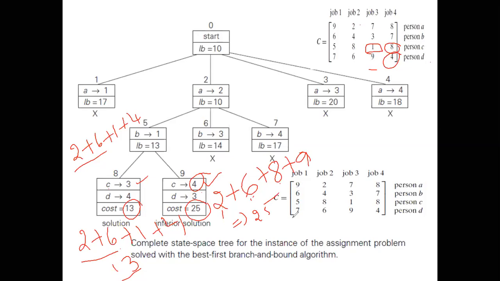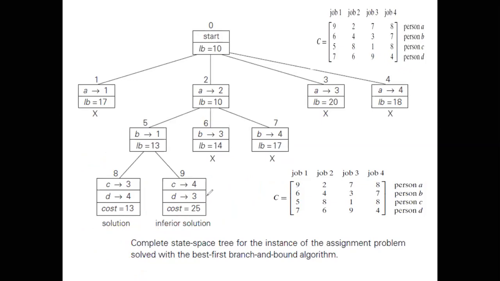Okay, so for 13 and 25, now what you need to do, whether we need to stop over here? No, because we need to get the solution, we need to branch further. Is there any meaning in branching further? No, right? Because this node itself clearly says that if you are assigning job 3 to person C, which indirectly implies only one job is left out, that is job 4, I need not branch further because here we got the complete solution.